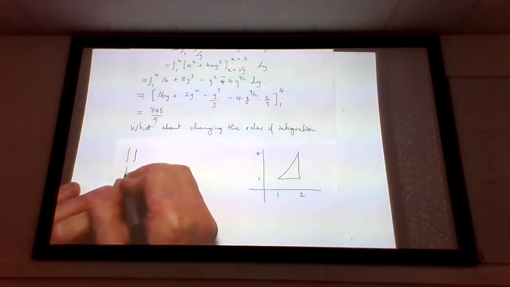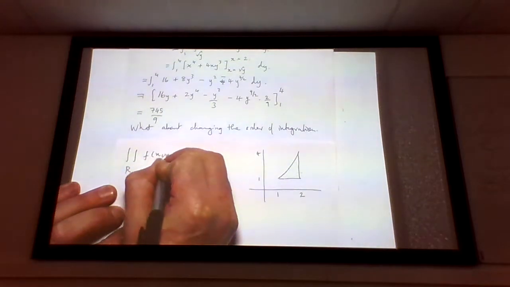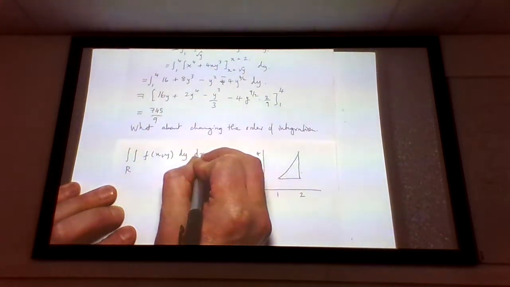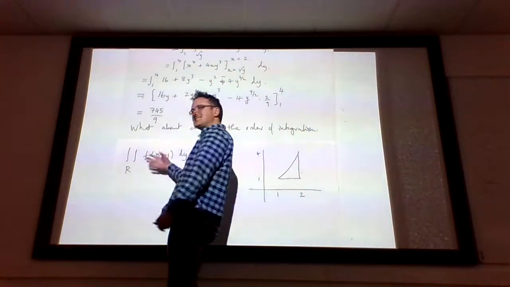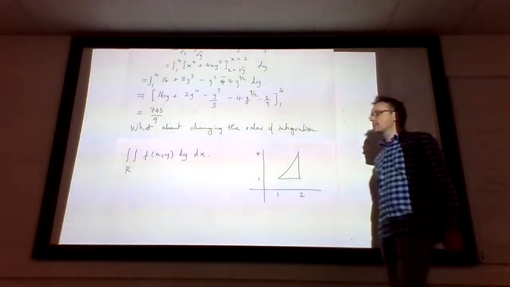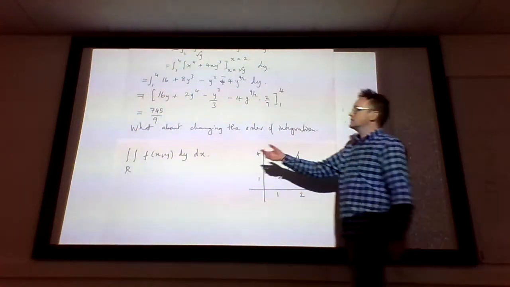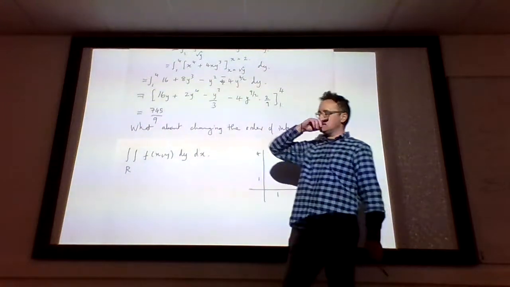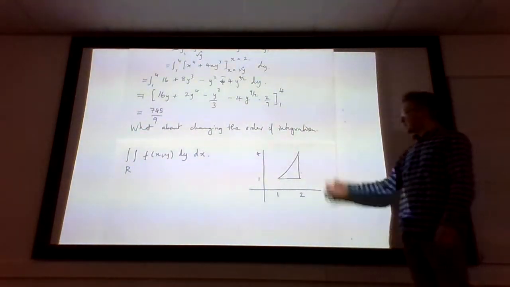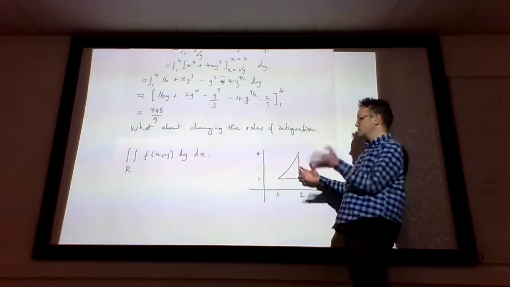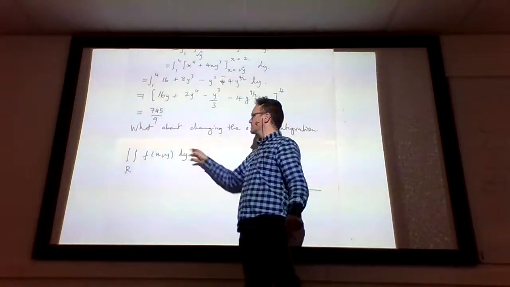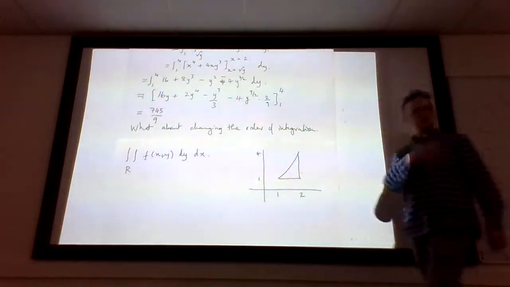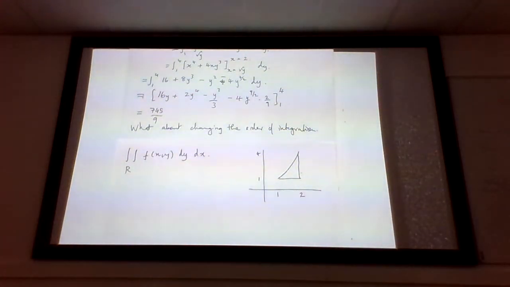If I want to instead do the integral over R of f of xy, but now have y as the inner integral and x as the outer integral, expressed like this, it still represents exactly the same thing. The value of this integral is just like we defined it in the last lecture. It's the volume lying over this region underneath the surface, that portion of R3. That definition of the integral doesn't depend on any preference for y done first and then x second or vice versa. But to actually evaluate it,